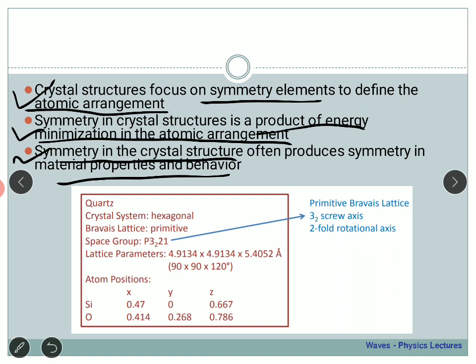If you consider something like quartz, the crystal system that we have is hexagonal. I'm sure all of you know this. I'm not going into it because else it's going to be a very long session. Let's not go into too much solid state physics. Let's just keep it minimal to the understanding that is needed for XRD. Then the Bravais lattice that we have is primitive. I'm going to give a brief about this later.